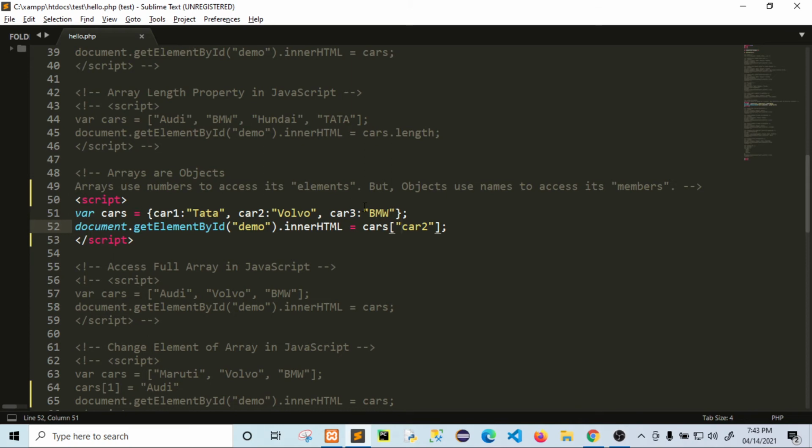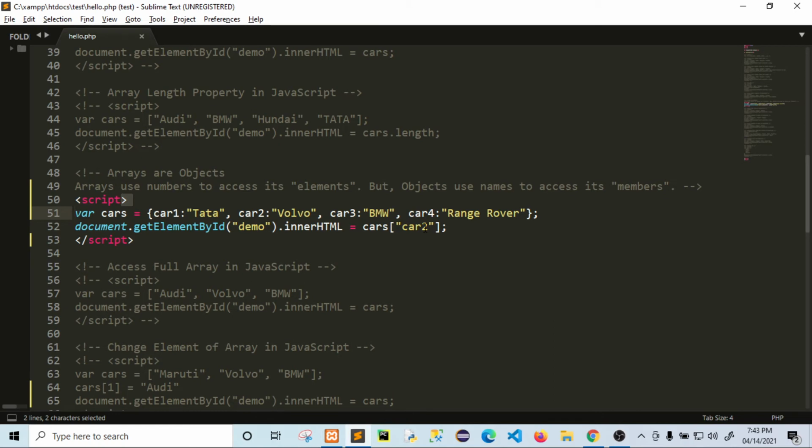Suppose you want to add one more, car 4, Range Rover, right? If you add this, this is your name and this is your value.